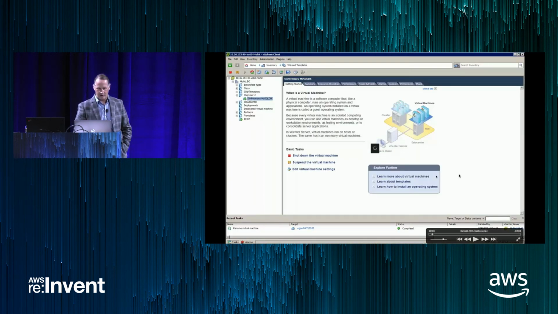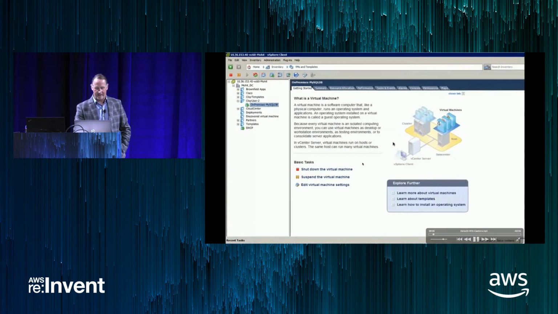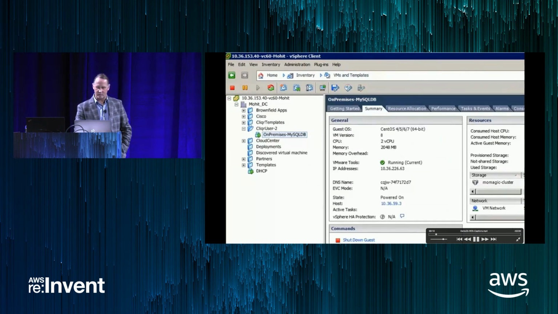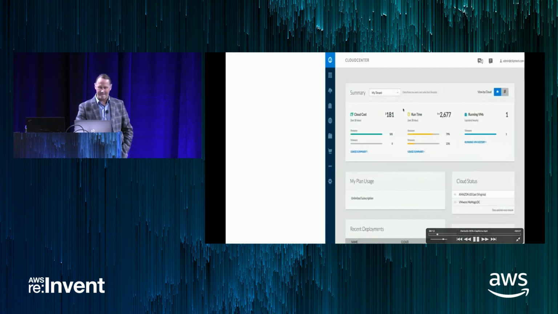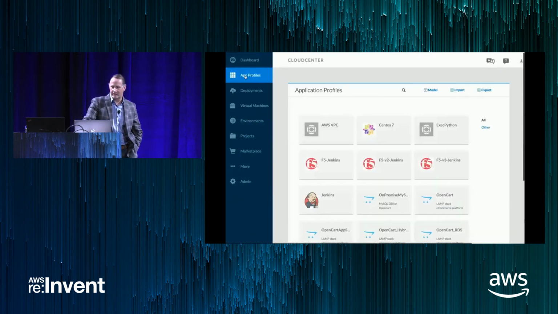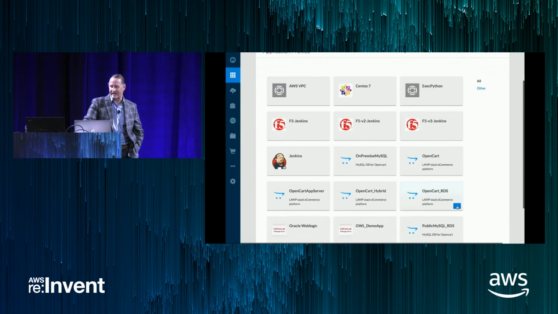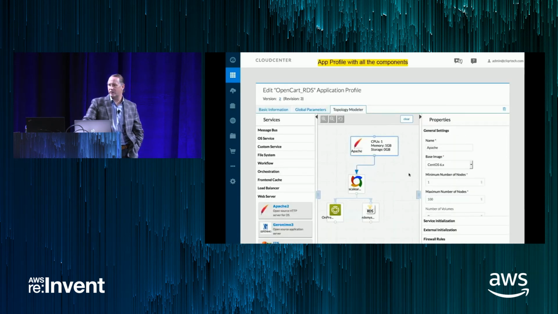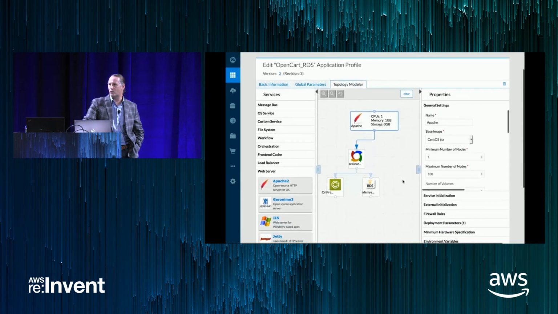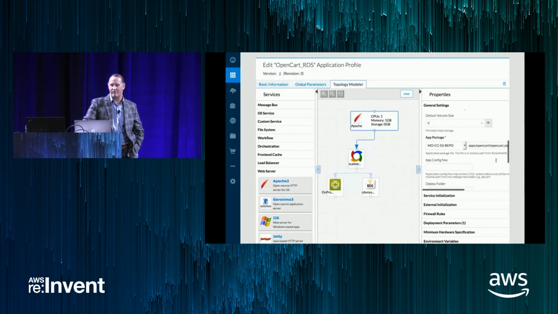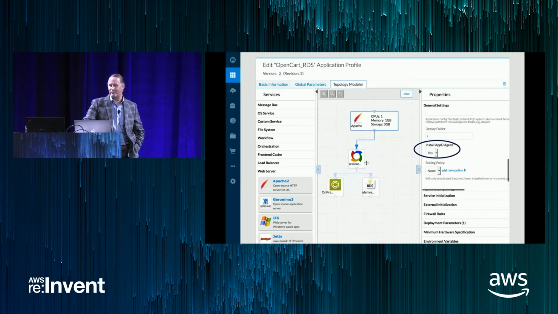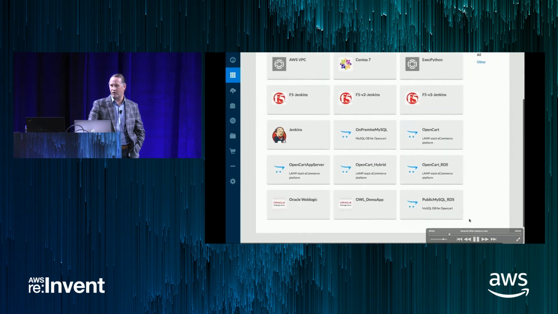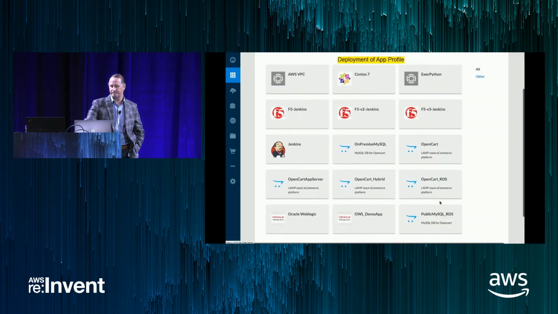Okay. So let's go back to a different way of looking at this. Again, we're back in vCenter. We are looking at the MySQL database here that's on-premise. Back into CloudCenter, we're going to go ahead and deploy a full stack now that actually includes the ScaleArk appliance, but also provisioning an RDS database. So before I only had the presentation tier and the appliance. Now I have the presentation tier, the appliance, and I have 2 databases behind the appliance. Okay? I have the ability to have the on-prem and the public service.